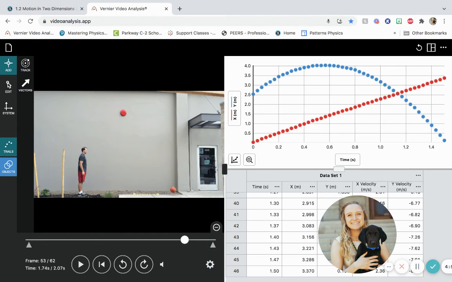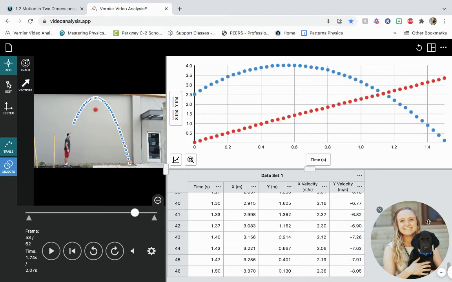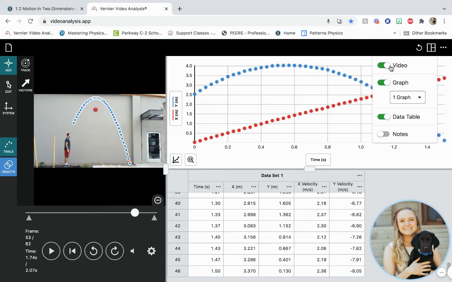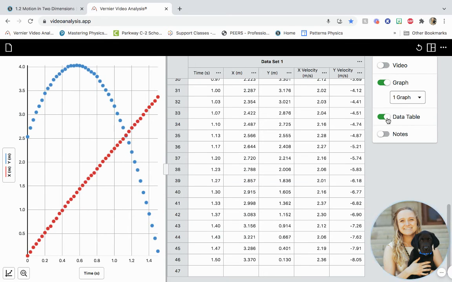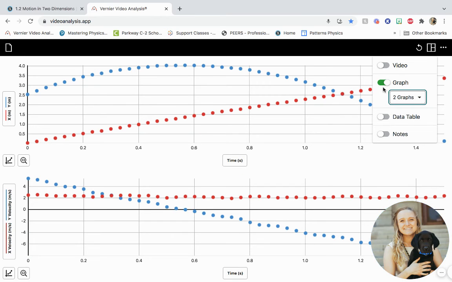You can also then look at the graph. So let's say I want to look at the graph and I don't really care about the video analysis anymore. You can click up here in the top right corner with the waffle icon and you can turn off video and it will get rid of that. You could also turn off data table, you can turn off graph, you can kind of choose what you want to look at. So let's say I want to look at 2 graphs because I want to look at my